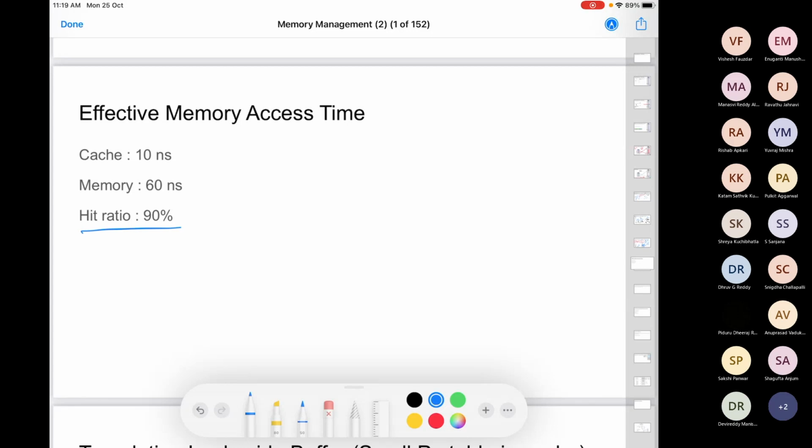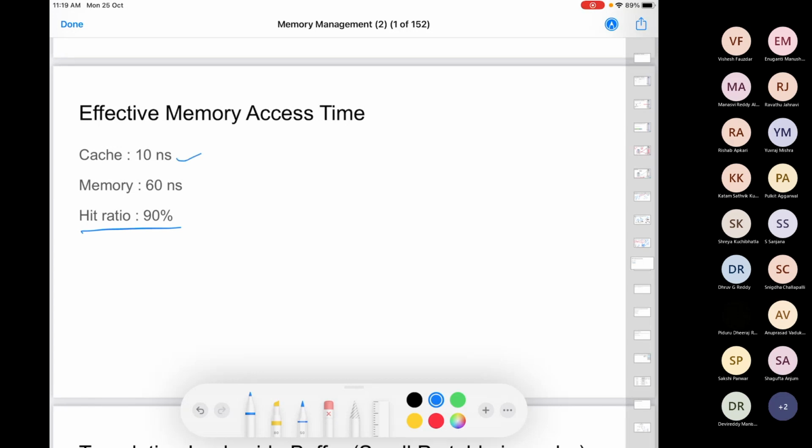So assume that there is no paging. Let's say it's contiguous memory allocation. So no pages, no frames, direct address is given to you, or you can obtain it simply with the help of CPU registers. So what is the effective memory access time? We are doing just one memory access. So we are finding our address right there in the instruction. Once you have the address, you just have to fetch the content.